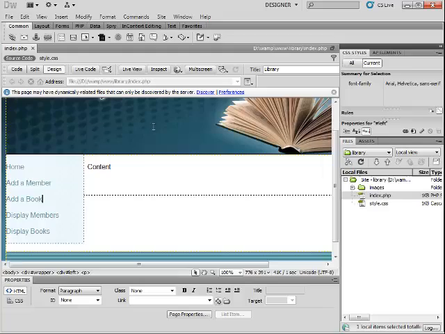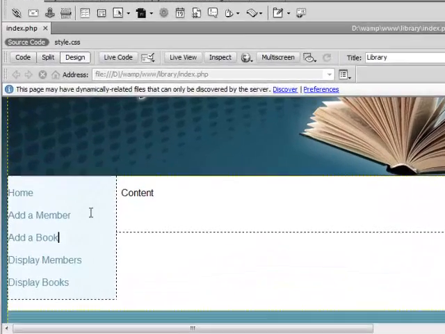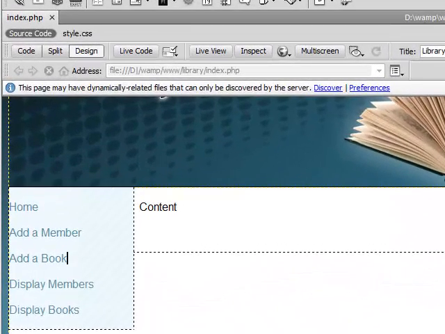Here you can see there's just a header, a div tag for the nav, a div for the content, and a div for the footer. In the nav I just have home, add a member, add a book, display members, display books. So in this case we're going to need two tables on our database, one for adding a member, and